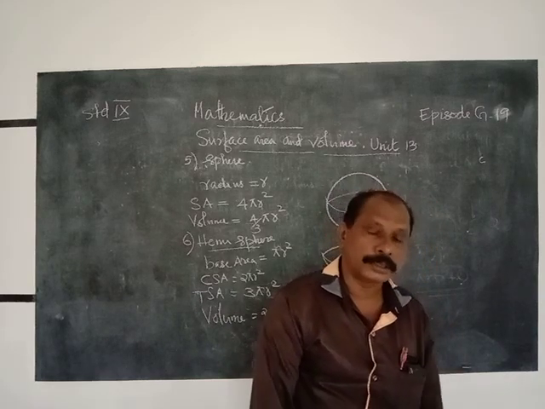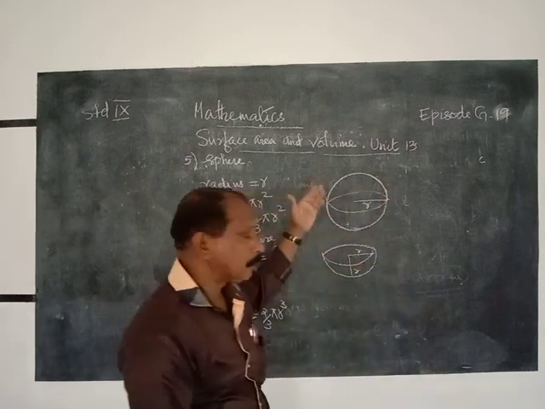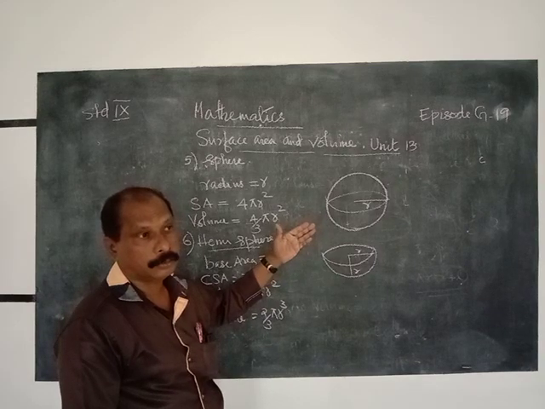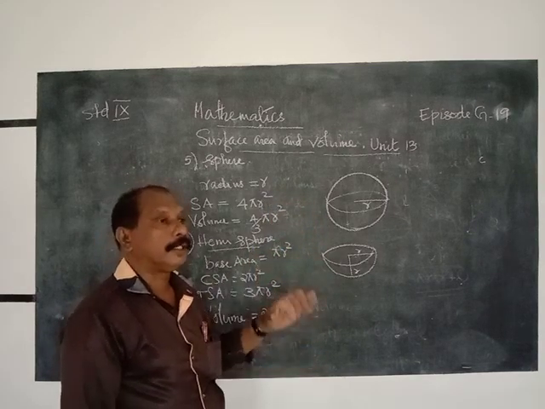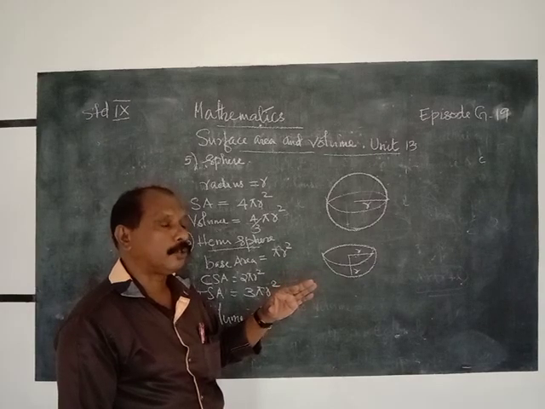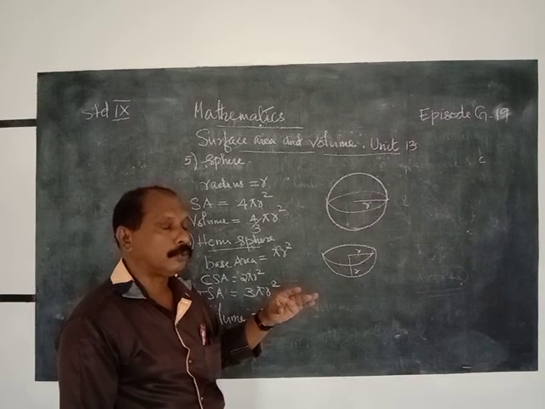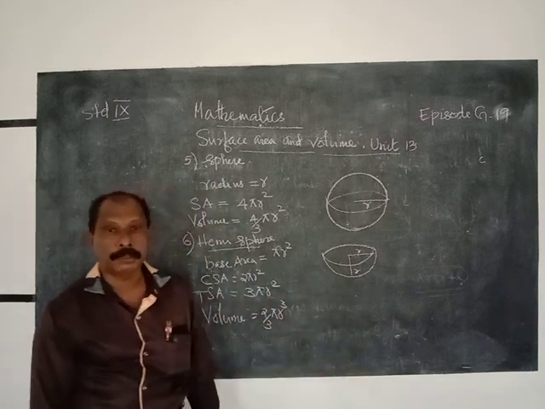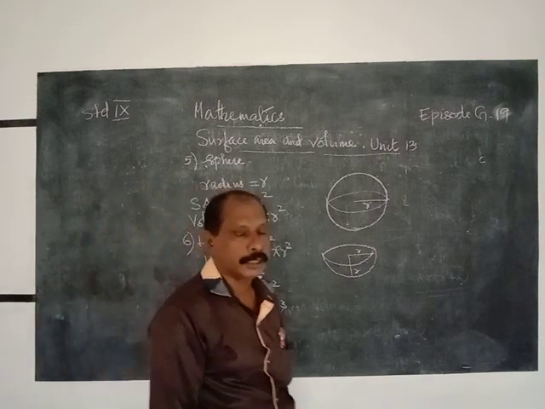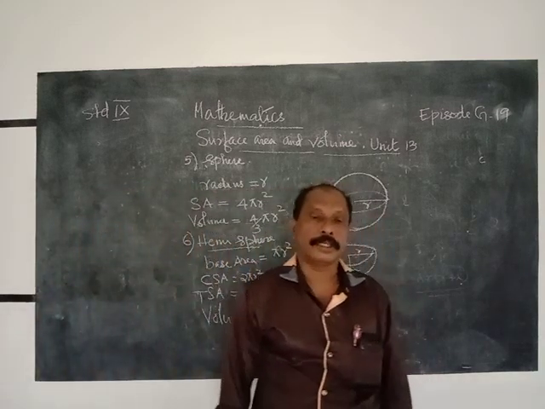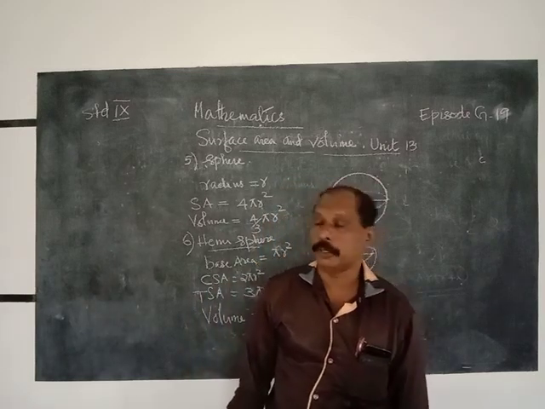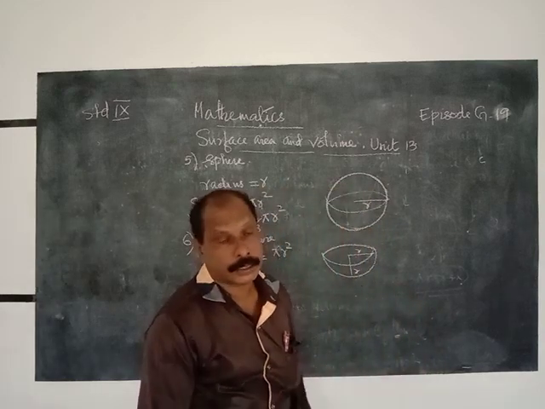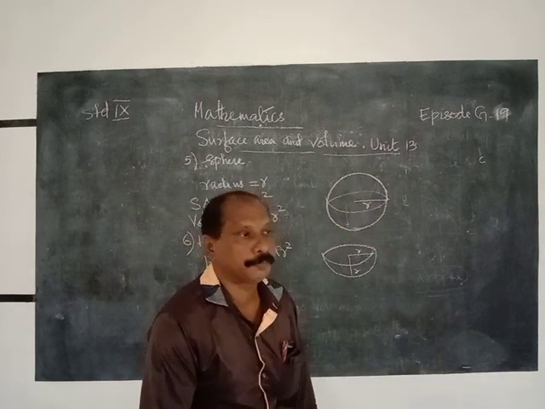These are the main points in this chapter. All the main points, always write them in your own notebook and learn these formulas by heart. That is for a cuboid, base area 2LB, lateral surface area 2 into (L plus B) into H, equal to 2LH plus 2BH. Total surface area is equal to 2 into (LB plus LH plus BH) and the volume is equal to LBH. If all the surfaces are equal squares, the cuboid is reduced into the form of a cube. Side of the cube is A, therefore total surface area is equal to 6A square and the volume is equal to A cube.